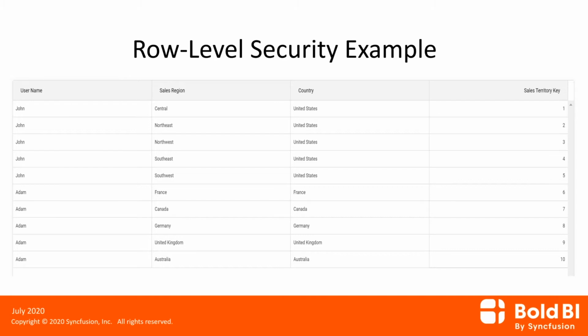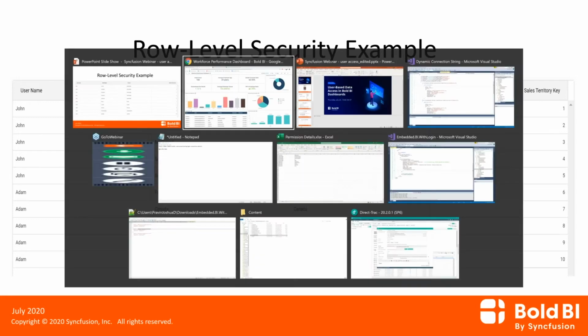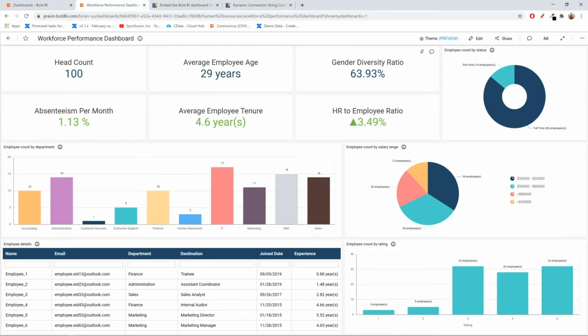Okay. In our example, I already have a dashboard, as you see here. It is an organizational dashboard, and a dashboard that a top level manager would be utilizing. It contains the details of the employees there, their salary ranges, the employees count, and their years of experience, and everything. And as you can see, we have a list of departments within that organization, and there will be a manager for each of these departments.